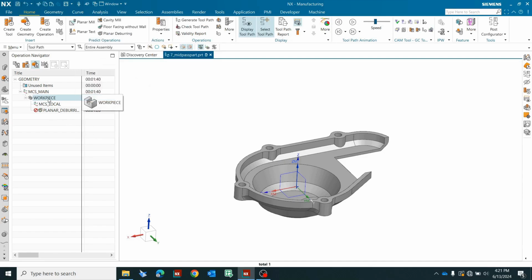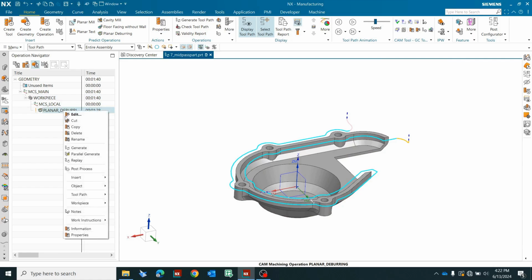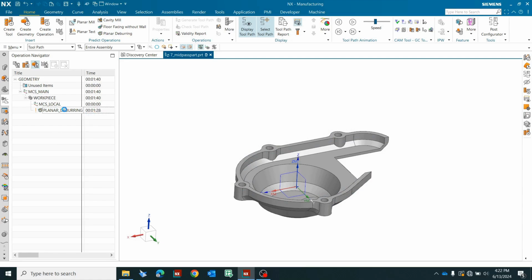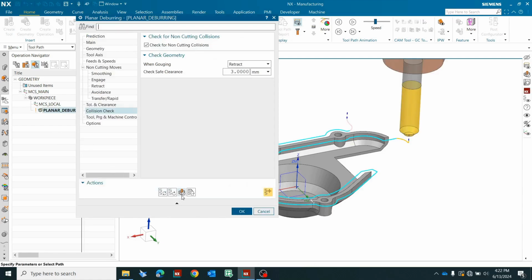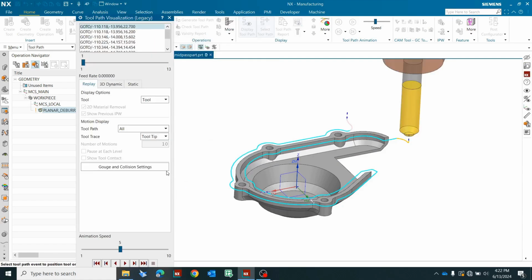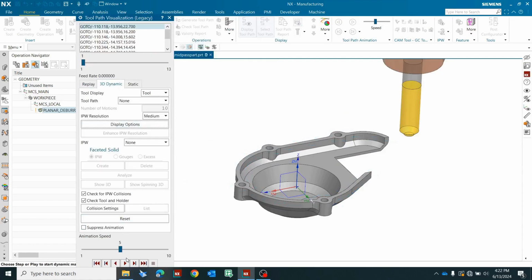Once you make any changes in a workpiece, then you need to regenerate the operation. How did I come to know? You can see here there is a regenerate symbol. Otherwise, keep the cursor on top of that and the software will tell you to regenerate. Go for this and generate. Once you do, to verify, you can enter into this particular operation and verify from here. Otherwise, right click, verify, go for 3D dynamic,